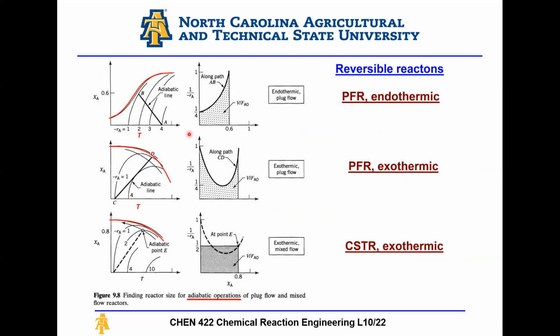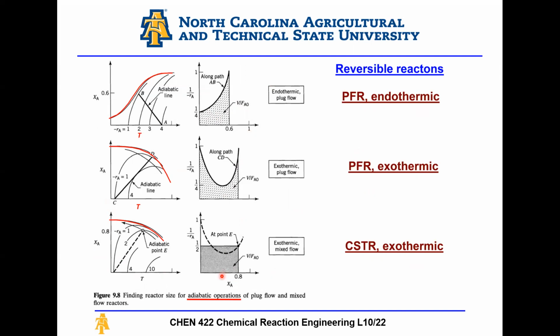I have XA versus T. The top here is the endothermic PFR. I have XA versus T for an exothermic PFR. And then at the bottom I have XA versus T for an exothermic CSTR. And in order to determine the size of the reactor, which is V over FA naught, which is the objective of this slide,